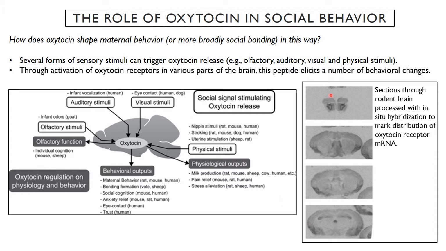These are a series of coronal sections through the rodent brain that have been processed for in situ hybridization, the same technique that we talked about when we were looking at CRH in the paraventricular nucleus. This simply shows where mRNA for the oxytocin receptor is located. In this procedure, they did essentially the same thing, but instead of looking for CRH, they're looking for oxytocin receptor. These are areas of the brain that will be sensitive to oxytocin. So this is the olfactory bulb. You can see the dark areas, which show where there's oxytocin receptor, and there's a lot of oxytocin receptor located there.